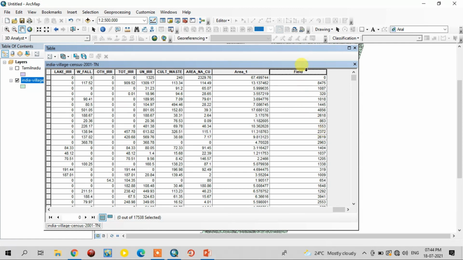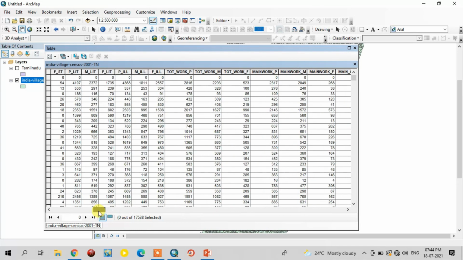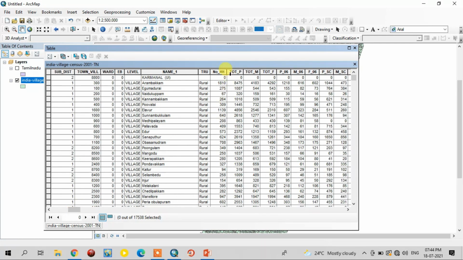Now using this same column I am going to create the population density. We have area. Density is created by total population divided by area. So we have study area in square kilometer, and we have total population, right?